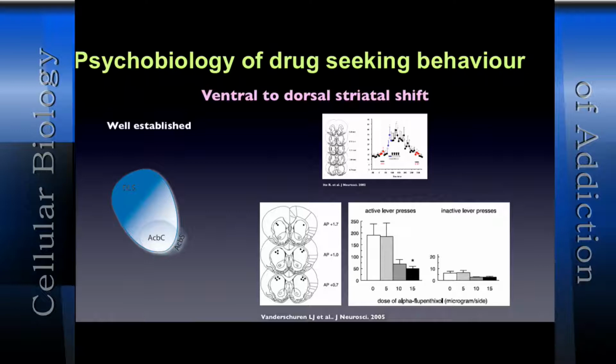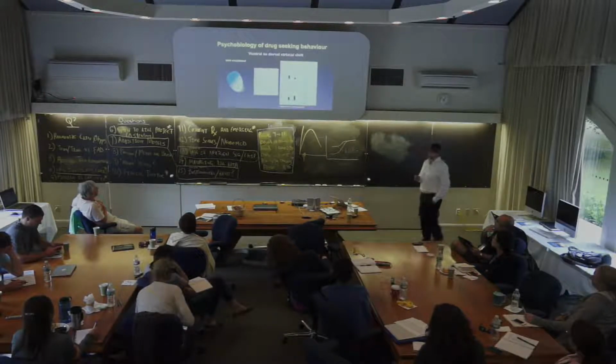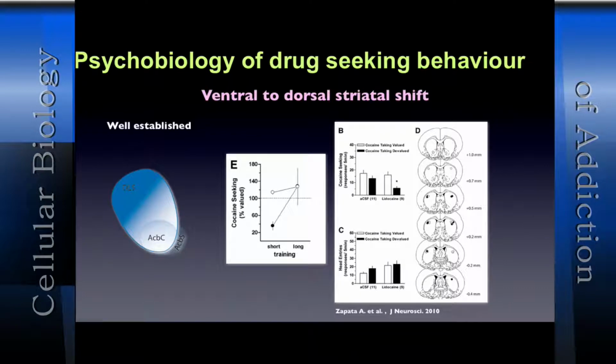So that was the causal demonstration that indeed, when cue-controlled drug-seeking behavior is well established and habitual, there's a dopamine component in the dorsal striatum. And this resonates well with Schippenberg's story I talked about. When the animals resist, remember, they resist extension of the taking lever. Now you inject lidocaine into the dorsal striatum and you render the behavior that was resistant sensitive once again to the extension of the taking lever.